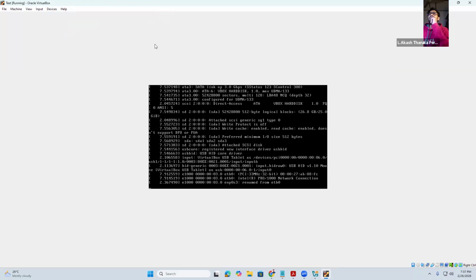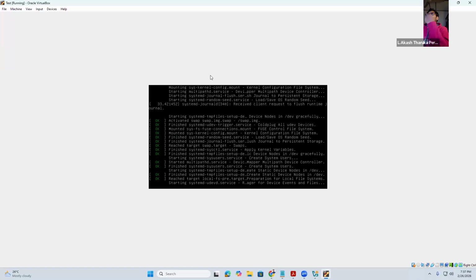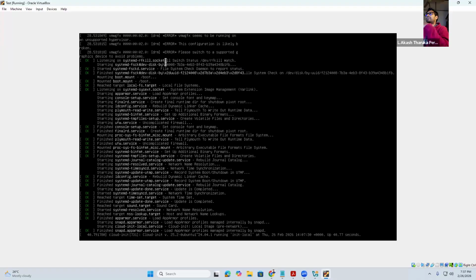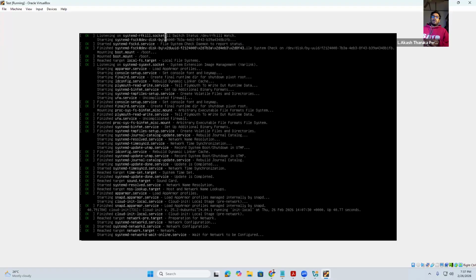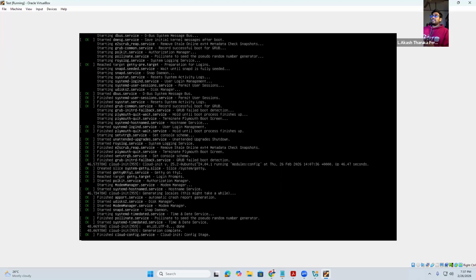I got a question whether you can use the Ubuntu GUI experience. No problem at all. But the problem is, go with the server because this is very lightweight and we are running a VM. When you're running a VM with a GUI, it's pretty heavy on the operating system. So the smartest thing you can do is run a CLI version of it, or simply a server edition